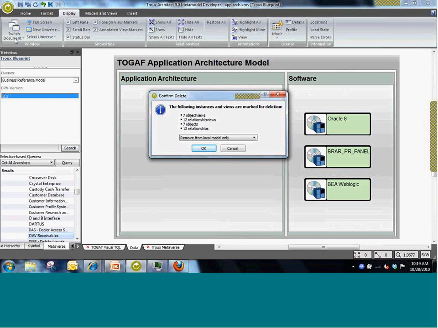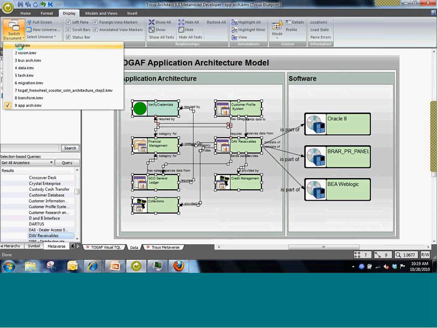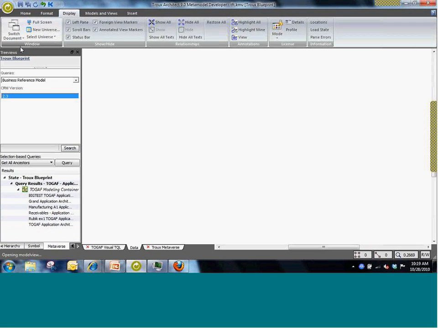Now, to create a new model. Because the repository is highly scalable, there may be a large number of application architectures defined, as in any large enterprise. So, for example, I can open and edit other architectures that have been created and stored in the repository. In this case, I can go and retrieve one of those. I'm going to go over here and grab an existing architecture.